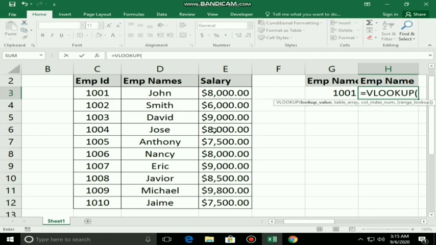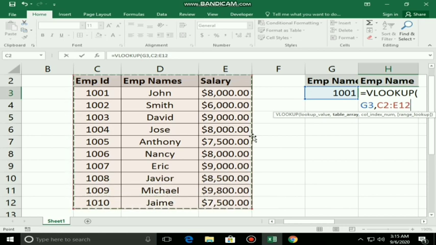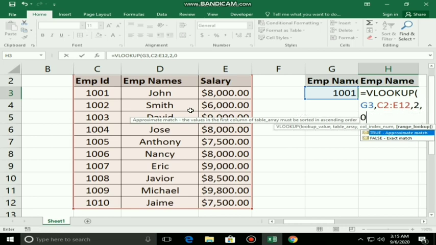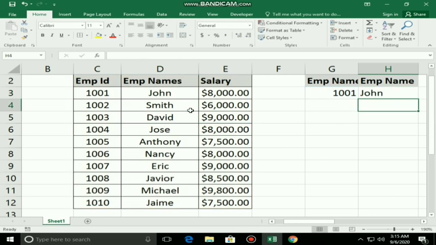So let's execute. Select the lookup value, and I am going to select the employee IDs completely. As I told you, the first column contains the employee IDs, and VLOOKUP, no doubt, is going to work in this example. The second drawback is that it cannot automatically capture the data based on the column name, employee name. Here it is already written, but VLOOKUP needs the column number, a numeric digit, from which it has to capture the value. So I have to manually count and specify which column's data needs to be placed here, comma 0 for exact match, enter. These are the two problems I have told you.